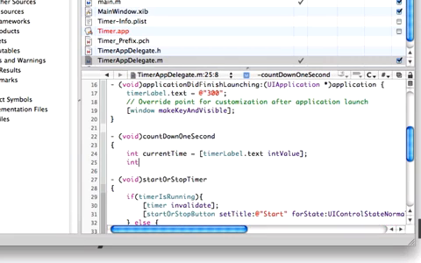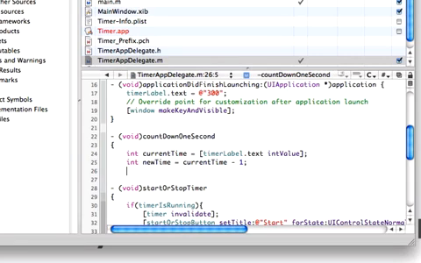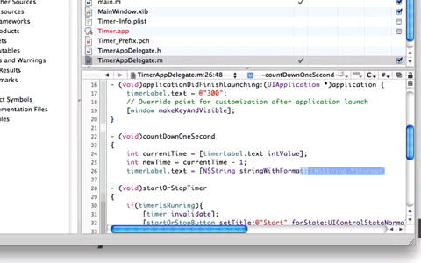So now int new time equals current time minus 1. This is going to be the new time on the timer label, so we're subtracting 1 second from it. And now we're going to give that back to the timer label text. Timer label text equals NSString with format we're using here,